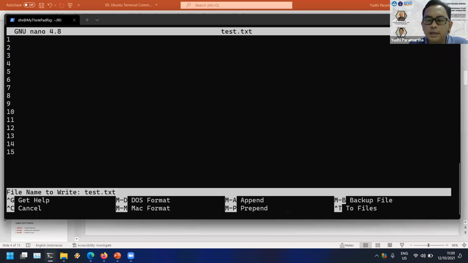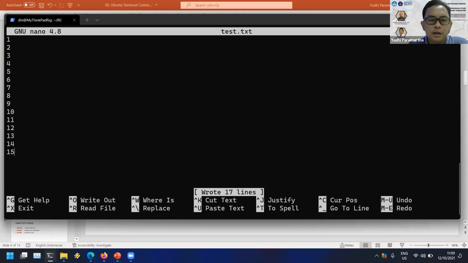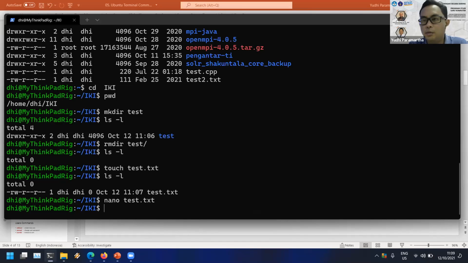In Microsoft Word, I think it is like save the file, or save as. So write the file, yes, enter, and then 17 lines are written into the test.txt file. And when you want to exit, this is the command for exit, Control X, and it will exit the program. Okay.